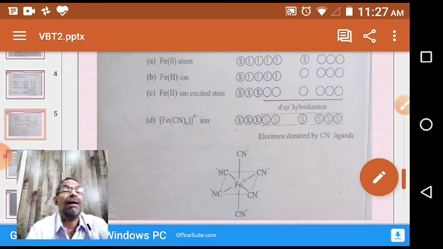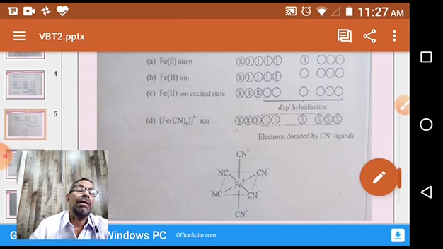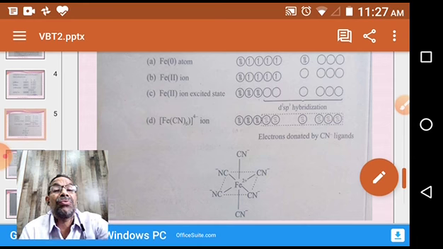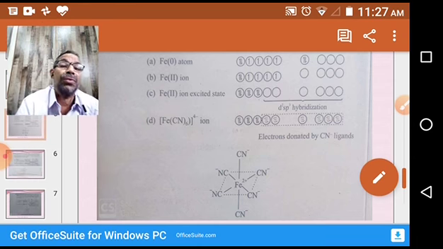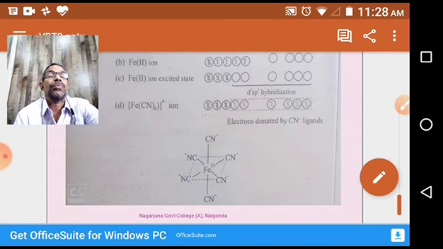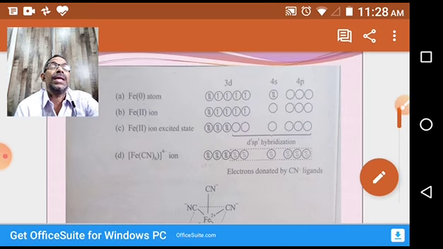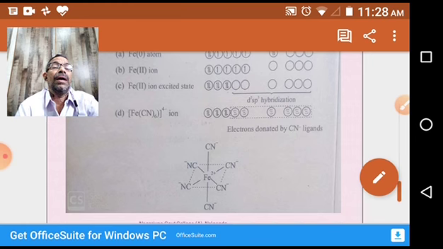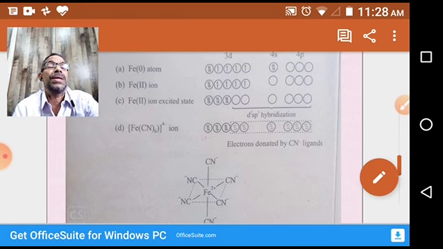Now we'll discuss octahedral molecules. With coordination number 4, the compound may exhibit tetrahedral or square planar geometry depending upon the hybridization. In 6-coordinate compounds, generally we see octahedral geometry. For example, if you take this compound, simply you see,